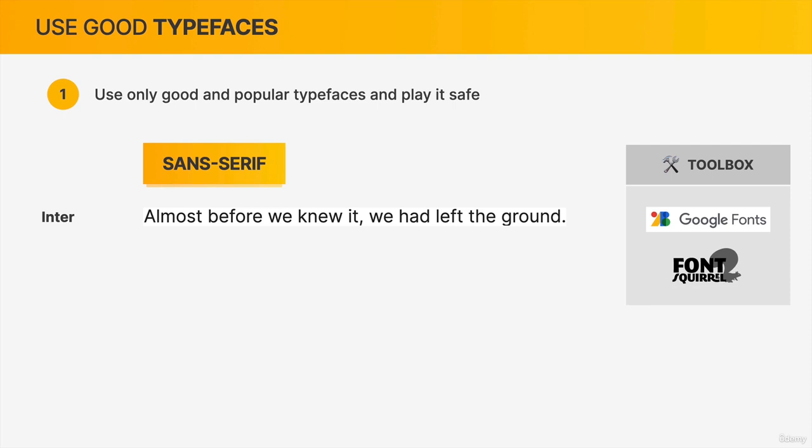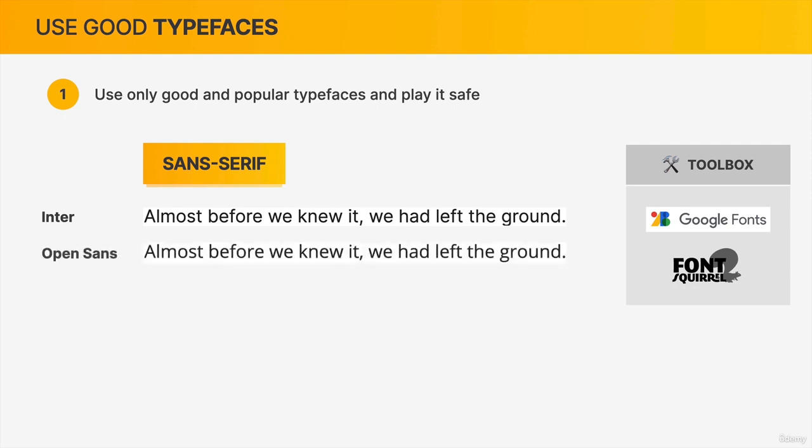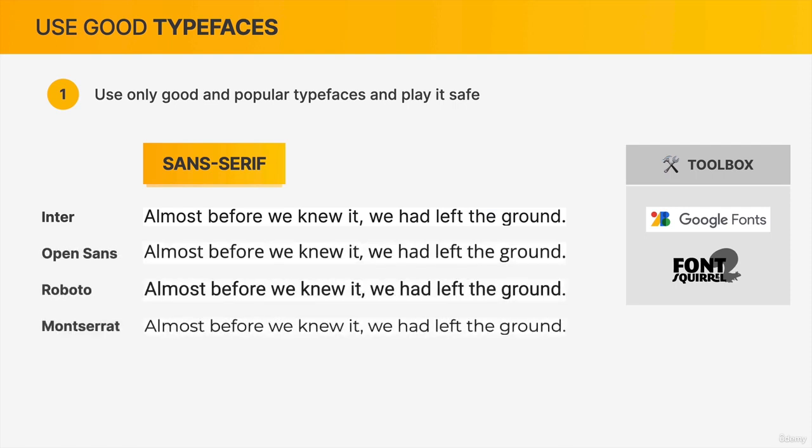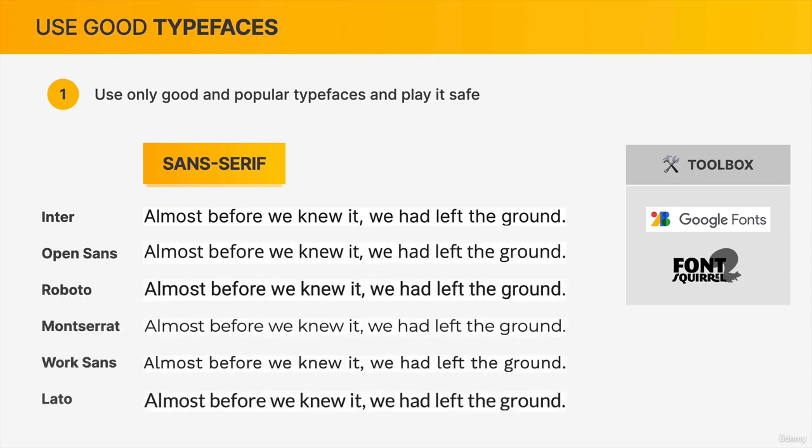But anyway, let's now take a look at some more. So this one is Open Sans, then we have Roboto, Montserrat, Work Sans, and Lato. So these are 6 very good sans serif typefaces which you can use without any problem. Now, at first sight, to the untrained eye, these 6 typefaces might actually look almost the same. But believe me, they are really not the same. So if you would apply these 6 different typefaces to your page one by one, you would create 6 completely different looking websites. But anyway, if you're looking for a serif typeface, then let me show you 6 examples